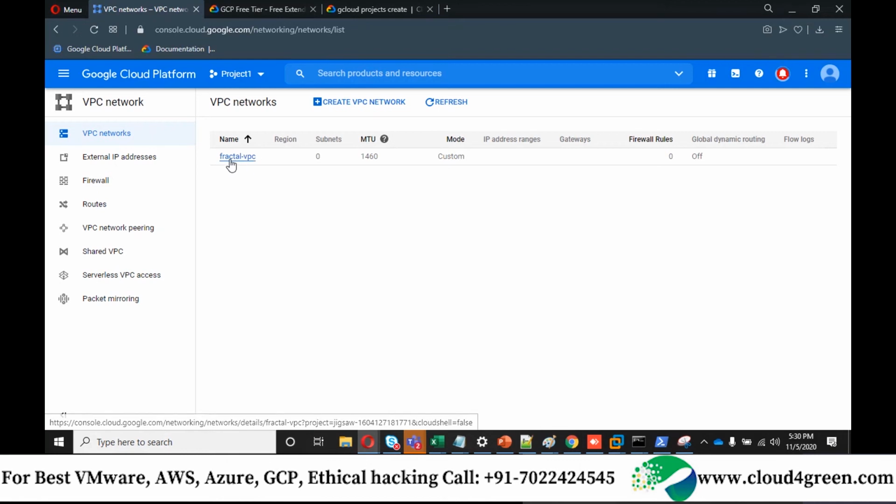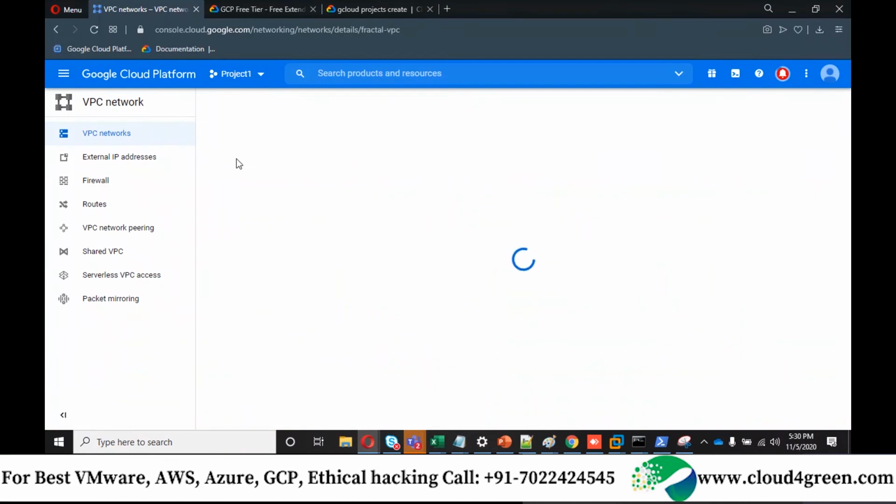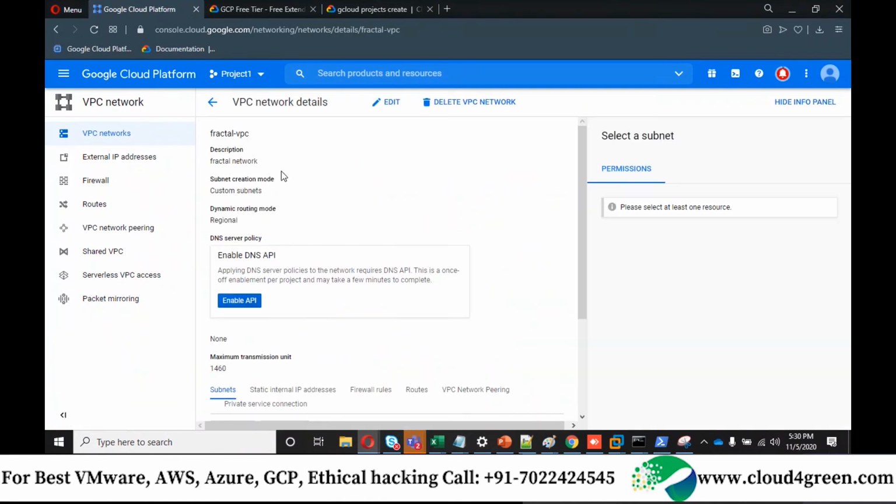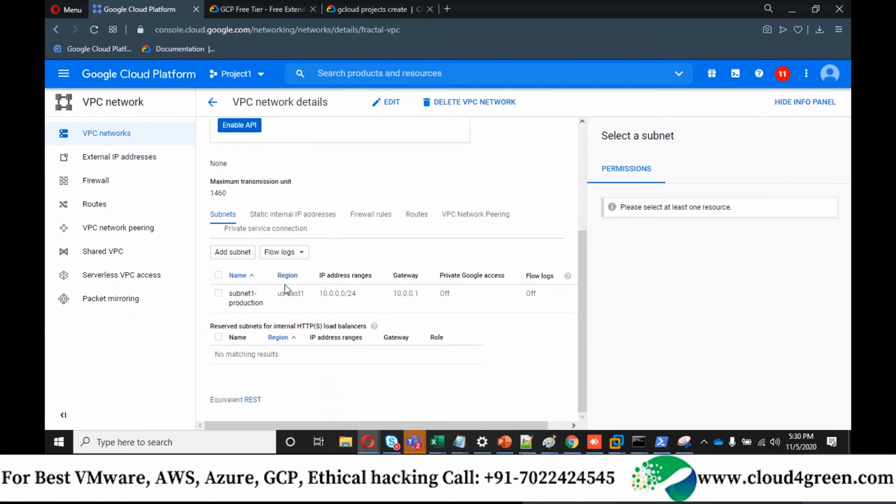Fractal VPC is being created. So within this VPC you can find one subnet. When I click on this VPC, you can find a subnet called subnet 1 production.